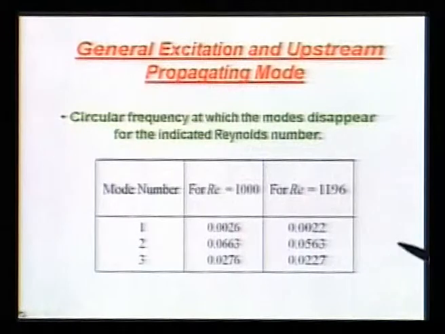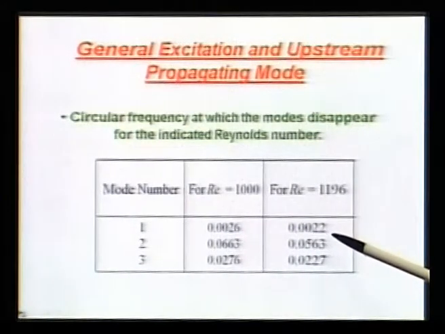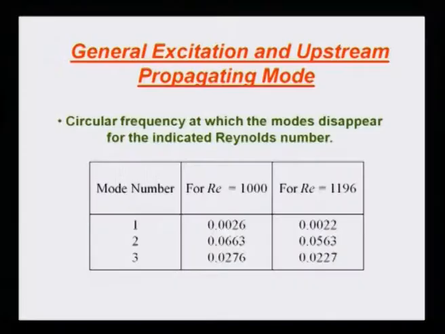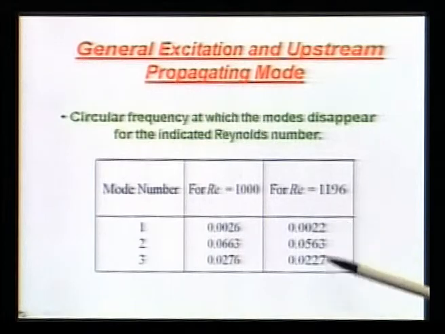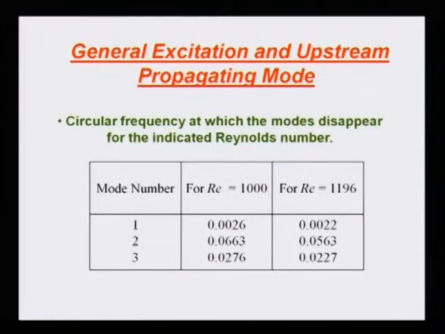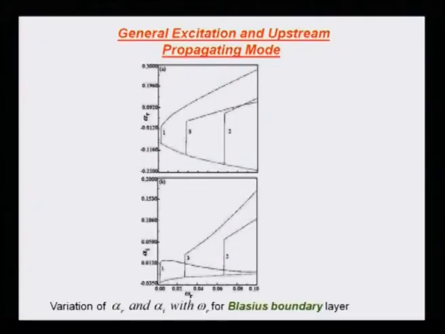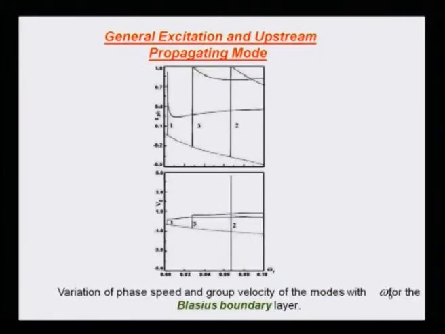So what is happening here is, if your Reynolds number is increased, the frequency at which the disturbance disappears reduces even further, right? But they do all disappear, and even for this you only have these 3 modes to begin with. Okay, so we have gone to this, and now you wanted to know other properties of these